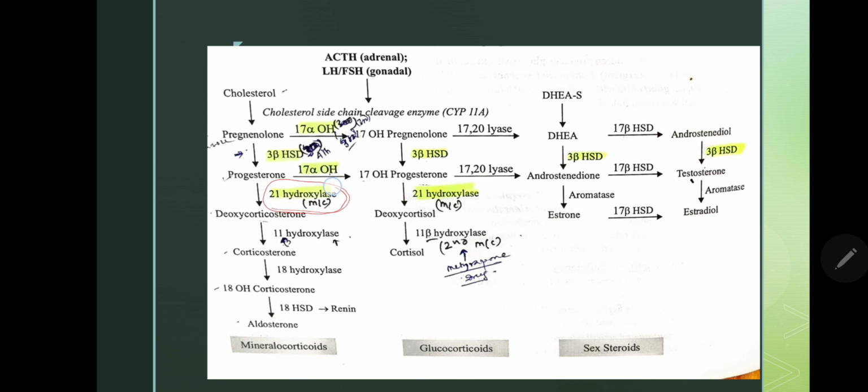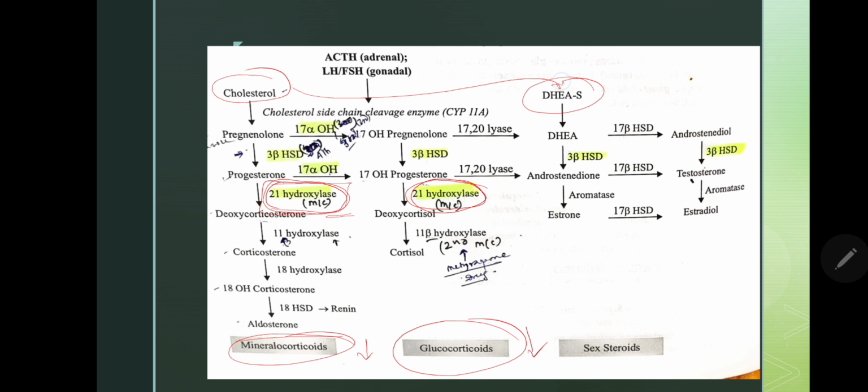So, 21 alpha hydroxylase. As the 21 alpha hydroxylase enzyme is deficient, there is no production of mineralocorticoid, and this 21 alpha hydroxylase is also needed to produce steroid. So there is a decreased amount of mineralocorticoid and also a decreased amount of glucocorticoid. So most of the cholesterol is going to synthesize DHEA, and from there an increased androgen hormone and also estrogen and testosterone.